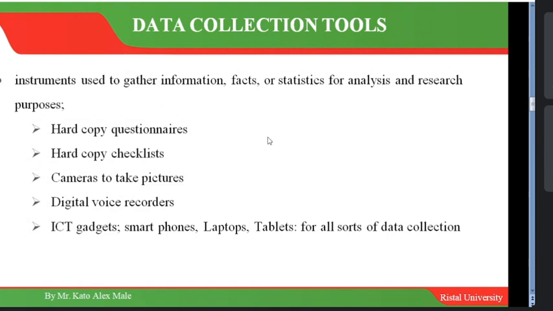Another data collection tool is cameras. You can use your digital cameras to take pictures. I can observe something in a market. I want to see what they are going through. You get it. I want to present it in my research study. Therefore, I can use a digital camera to take pictures and then try to